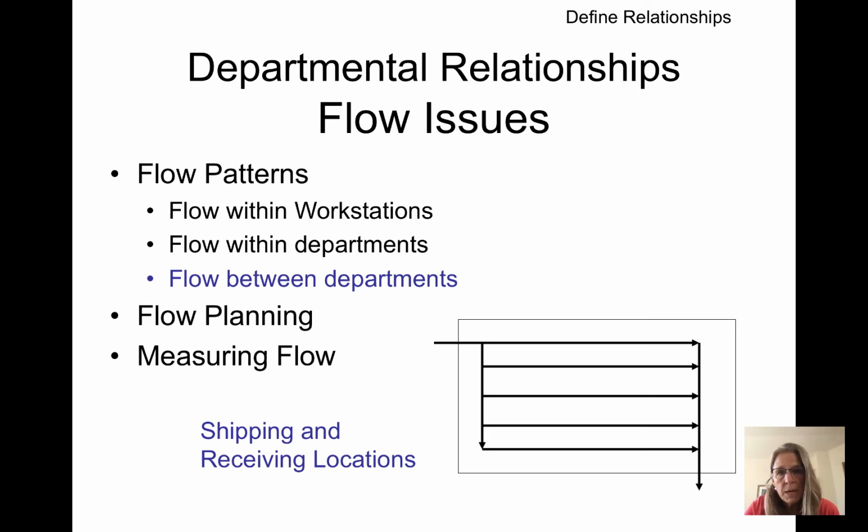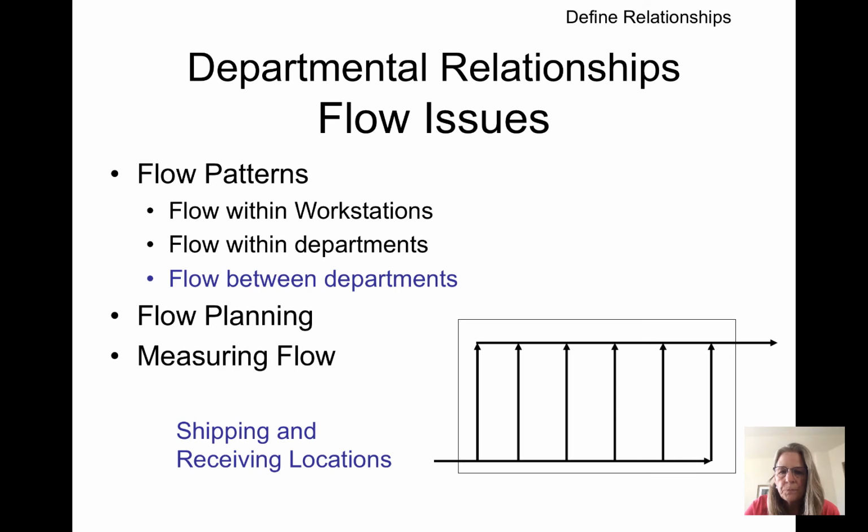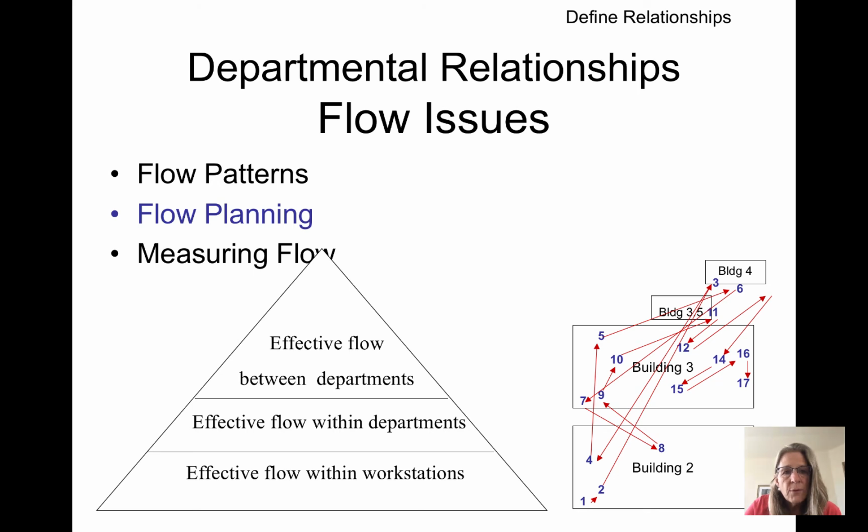Actually, for visual management and lean manufacturing, this is an ideal way of laying out a facility. The reason is that if you're in the middle of the facility, you know absolutely how far along the products are. No matter what line you're on, you know they're approximately 50% done. And this is very good for visual management. This is another example of shipping and receiving in different locations. In this case, everything's sort of flowing to the right and up. So whenever we're doing